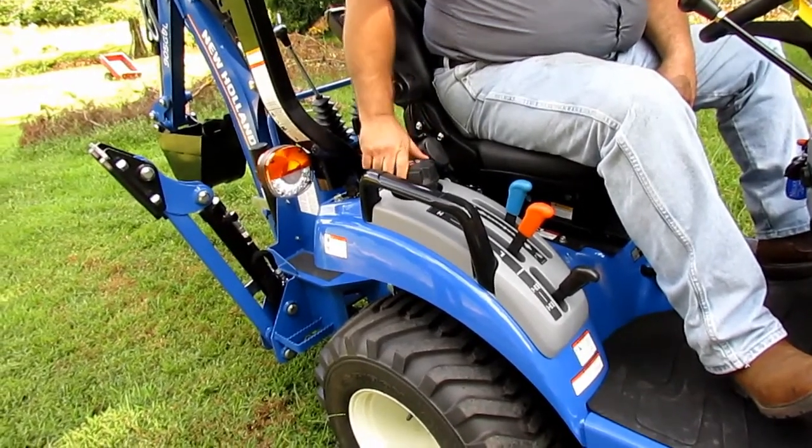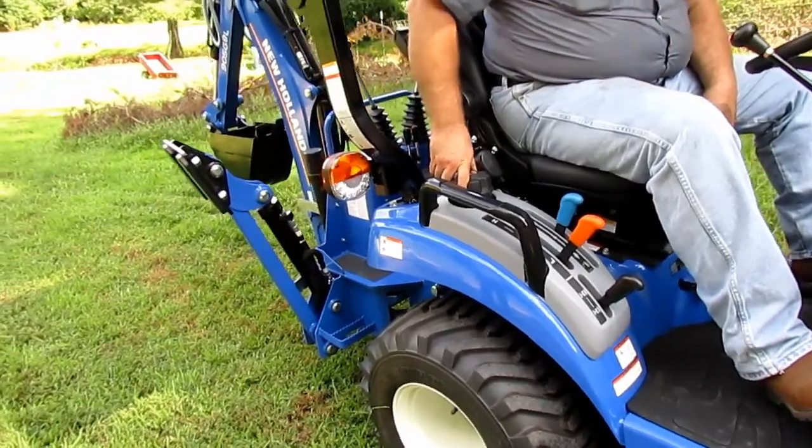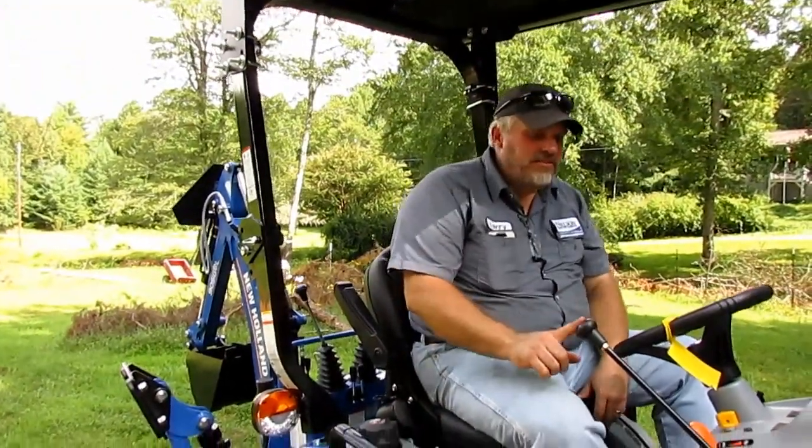So how much fuel do we have in there right now, Larry? Full. Oh, well, nice. Thank you. Good, because I was going to go in and get a tank, but we won't need it. Full. Thank you. Okay, your loader is right here. This is your